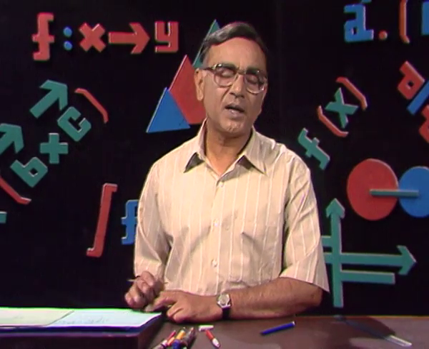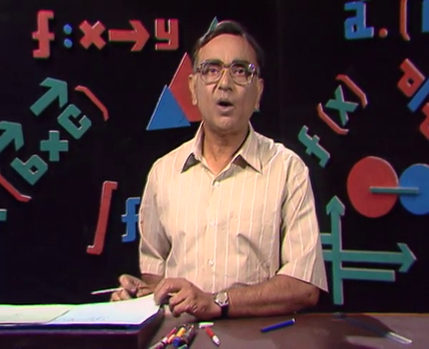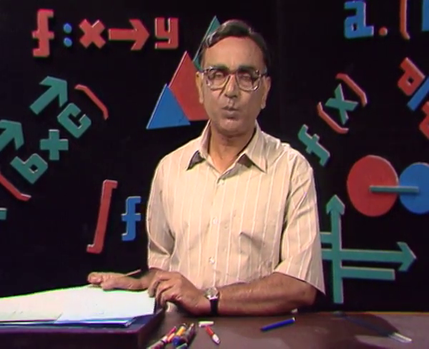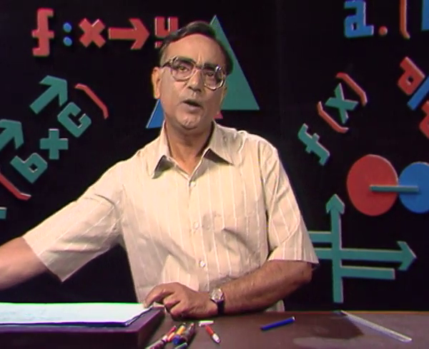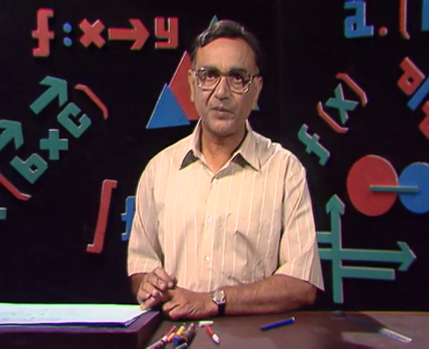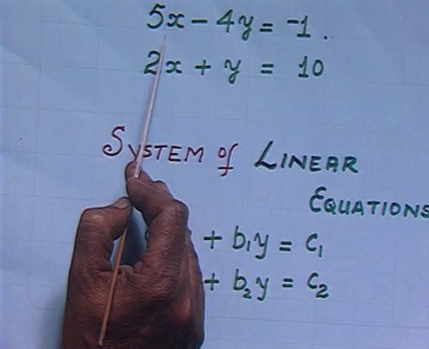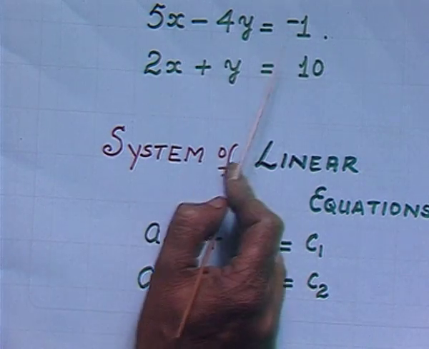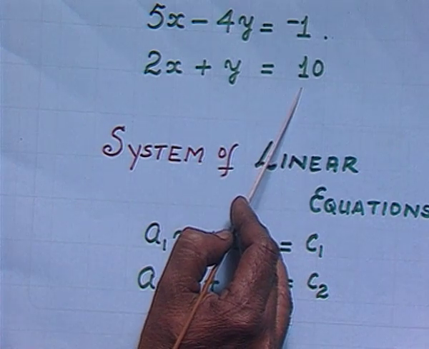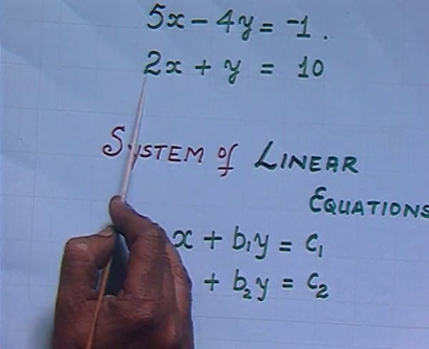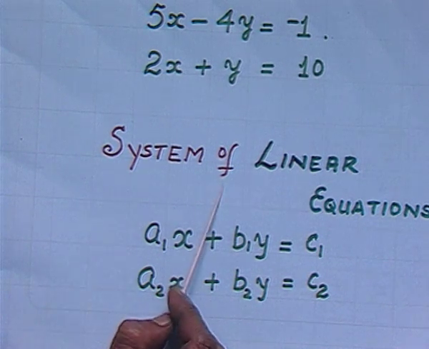So that was the one equation. And how did we get the ordered pairs for that? By the plotting that we had learnt in the last lesson, and we had a very quick recap of that. But in case I have two equations, the equations being 5x minus 4y equals -1 and 2x plus y equals 10. So these are the two linear equations, and these two linear equations together will form a system of